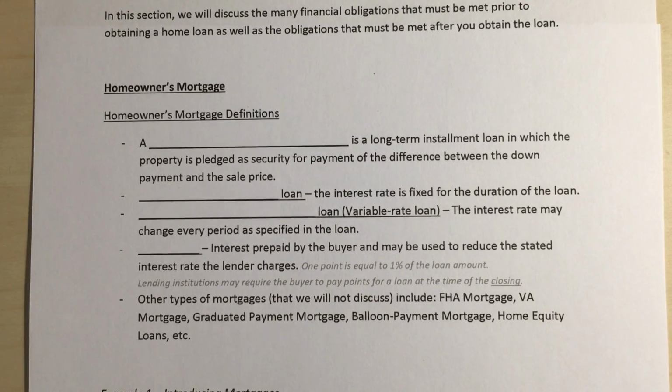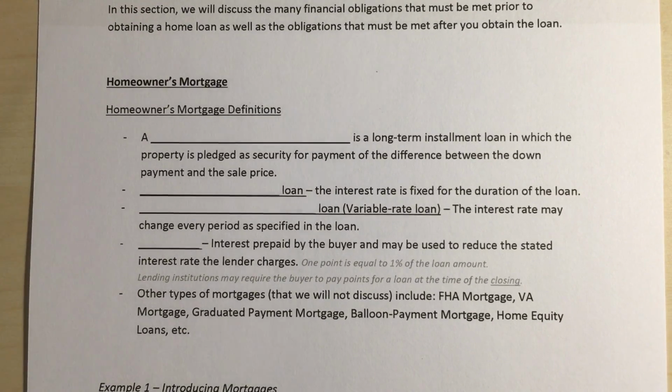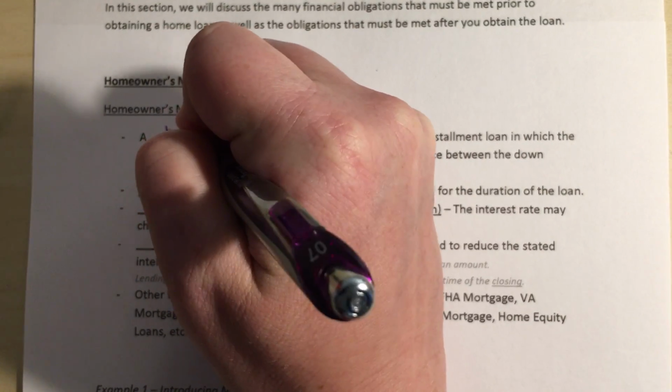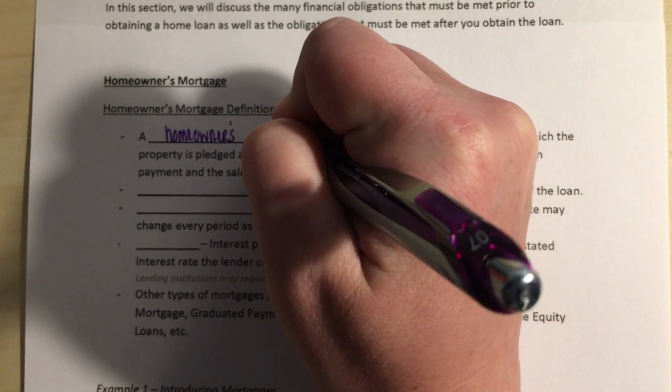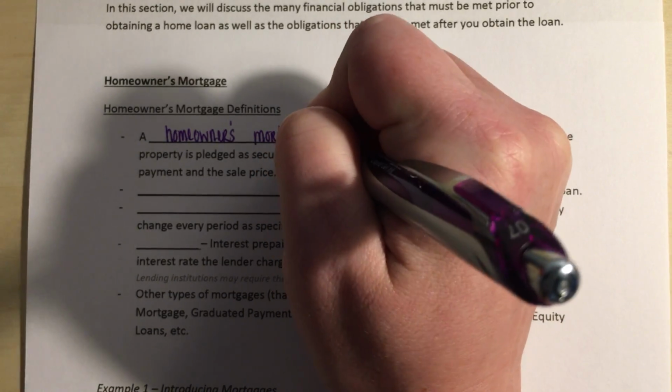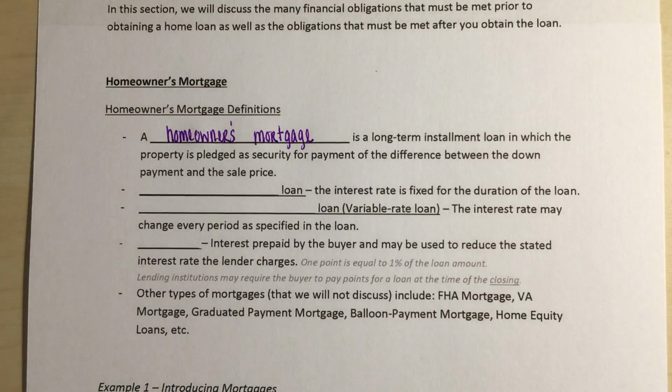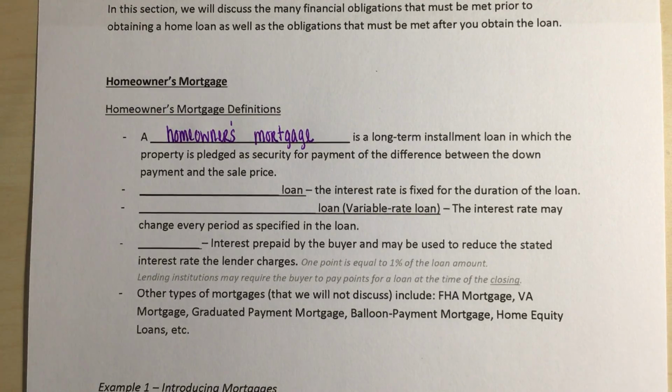So as we did with previous sections, before we get started on some examples, we're going to go through and talk about some vocabulary. Right, so a homeowner's mortgage is a long-term installment loan in which the property is pledged as security for payment of the difference between the down payment and the sale price. So as we've looked at in the previous section, we're looking at a long-term installment loan. And so we're going to use actually some of the same formulas that we did in the last section as well. Right? A conventional loan